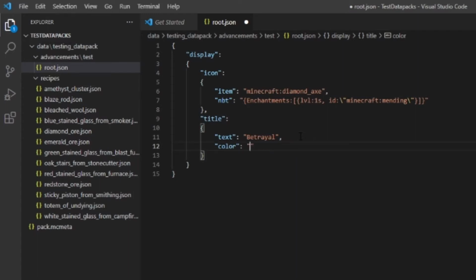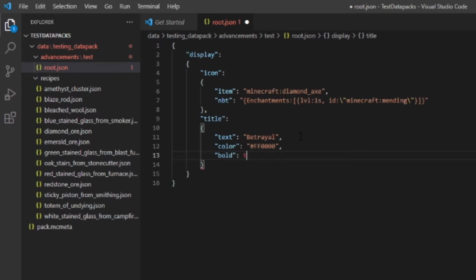The second method has the colon followed by a string with a number symbol followed by the hexadecimal value of the color. For example, the hexadecimal value of the number sign FF0000 is red. We can also set the text to be bold by including the bold keyword followed by a